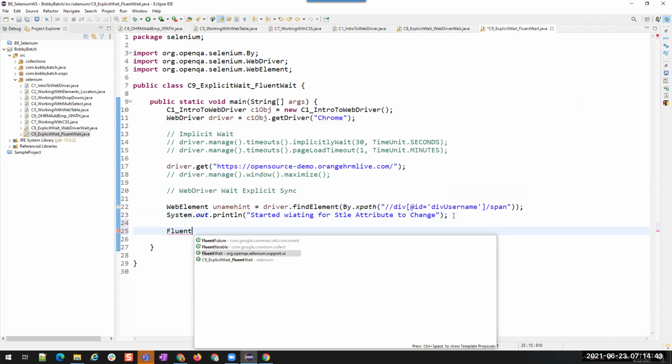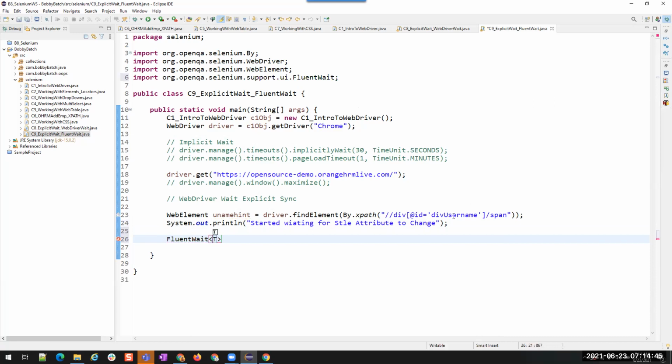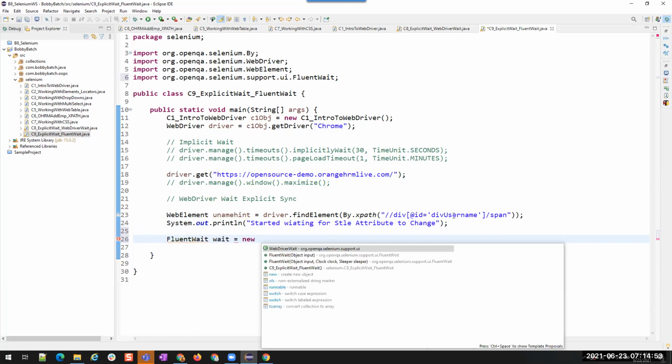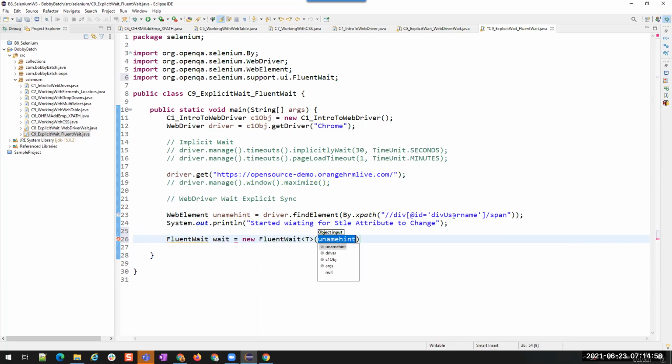Now, Fluent Wait is also from Selenium, so I'm creating it. FluentWait fWait equals new FluentWait. This is also going to take, we have to pass a WebDriver type of object, WebDriver driver.